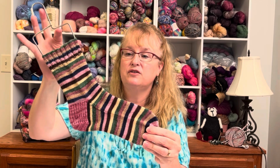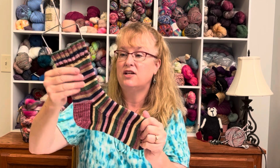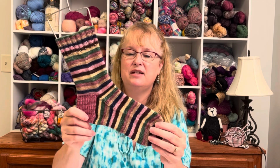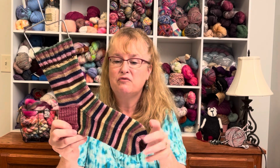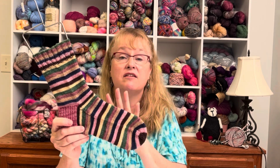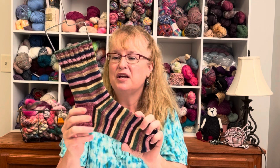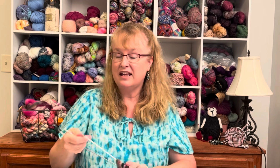So I have the first one done. There was a lot of time knitting on vacation, whether it be in the car or sitting around visiting. So I was really happy to get this one done. And each time I started a project or finished half of a Christmas project, it feels good just to know that I'm working towards those Christmas gifts. So that is the first sock, and I just cast on the second sock last night,